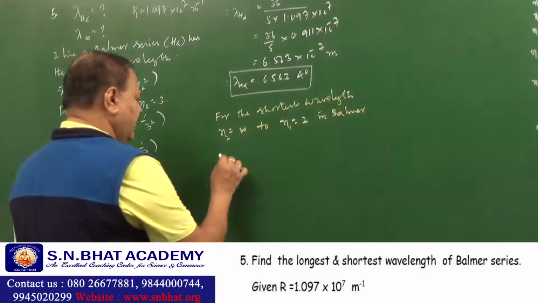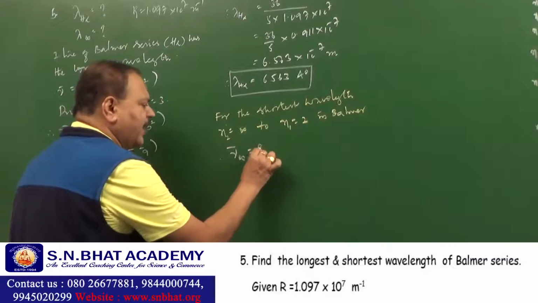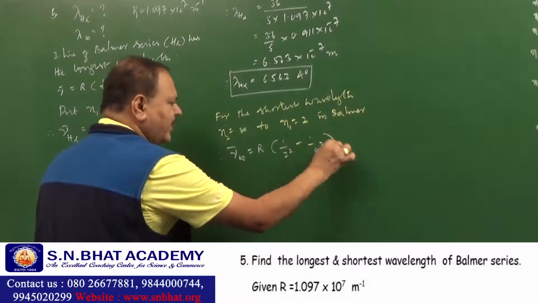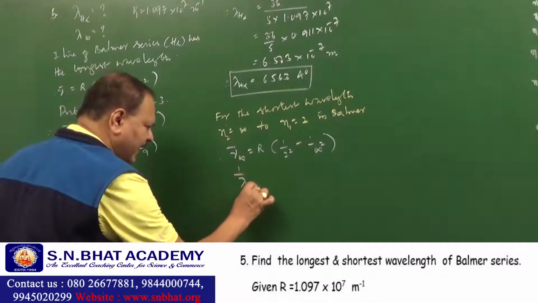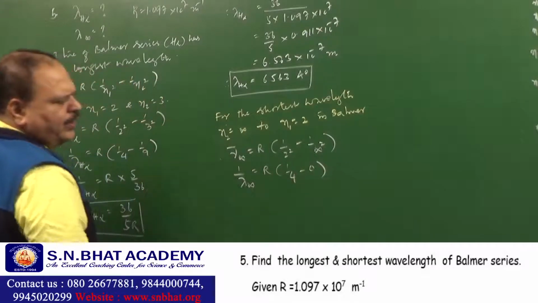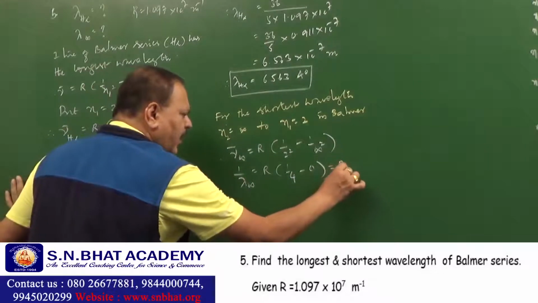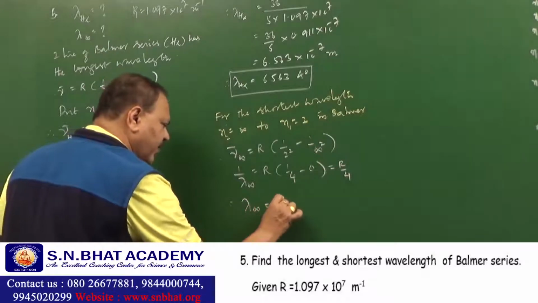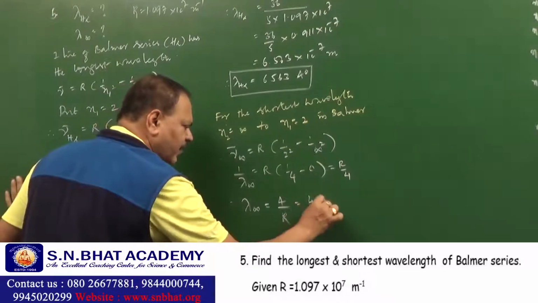Therefore, in the expression for nu bar, you write infinity. So this is 1 over 2 square minus 1 over infinity square, which comes out to be 1 by lambda infinity is equal to R into 1 by 4 minus 0, because 1 by infinity is equal to 0, and that comes out to be equal to R by 4. Therefore, your lambda infinity is equal to 4 by R. That's equal to 4 into 1 by R,